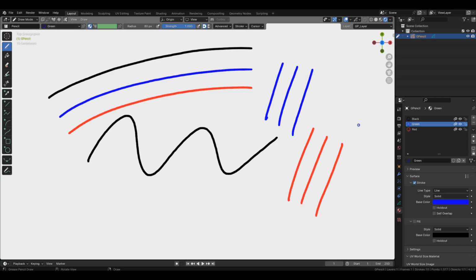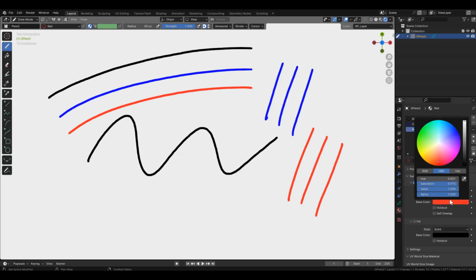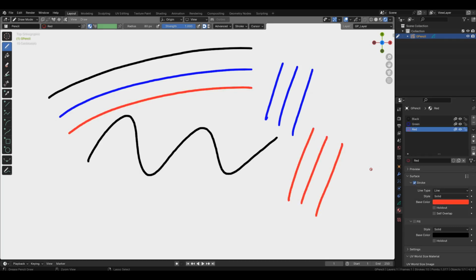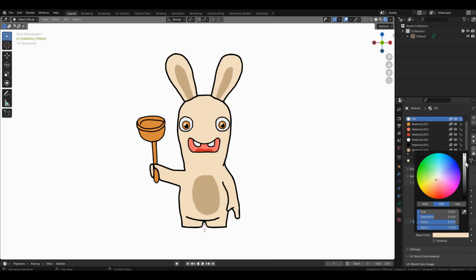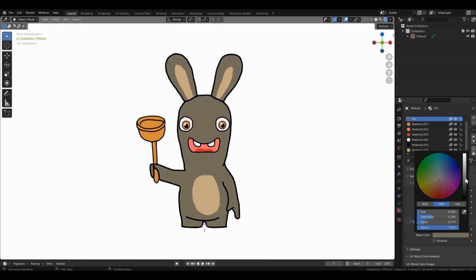Red strokes look red only because they are assigned the red material, and in this material's properties, red is selected. If we change the properties of this material, these changes will affect all strokes with this material. This is very convenient because after we finish drawing, we have the opportunity to tweak the color of the desired elements in one click by simply changing the material.